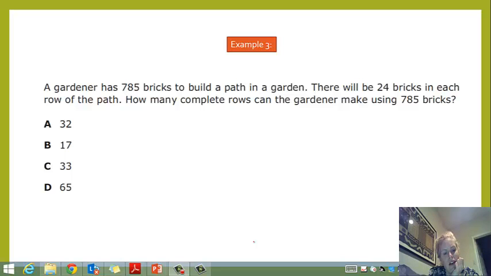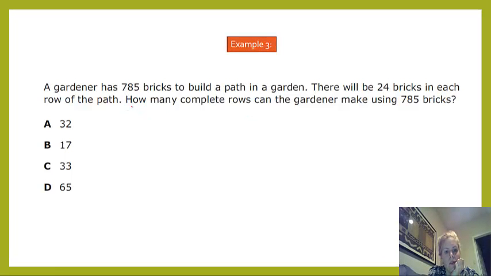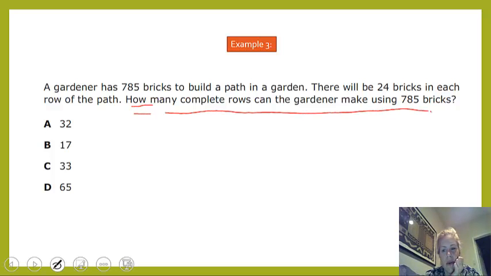A gardener has 785 bricks to build a path in a garden. There will be 24 bricks in each row of the path. How many complete rows can the gardener make using 785 bricks? Well, I'm definitely going to underline this question. How many complete rows can the gardener make using 785 bricks? Complete is a huge keyword, and it reminds me of our remainder anchor chart